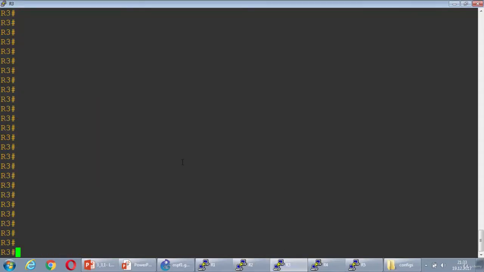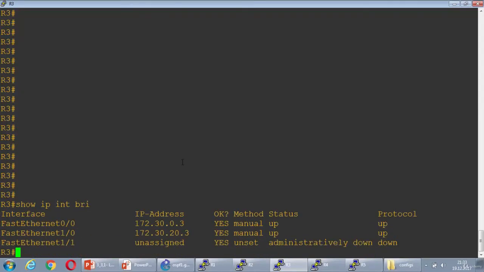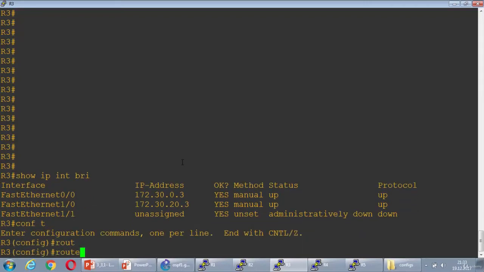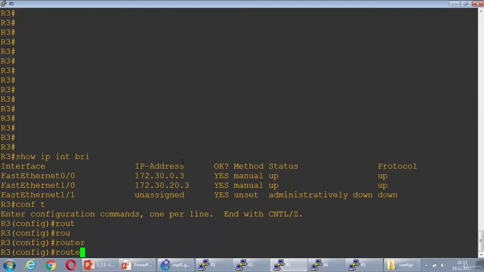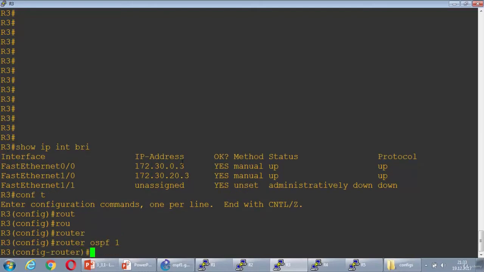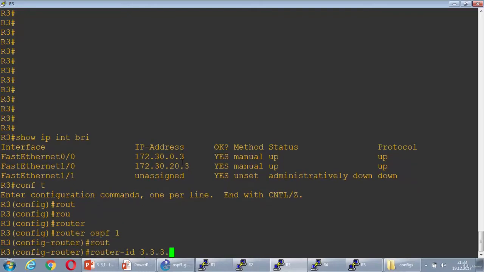Alright, that seems cool. Show ip interface brief. Please keep in mind that first you type show ip interface brief, then advertise the interfaces. Alright, conf t, router ID first. Oh no, router ospf 1. Okay, router ID,